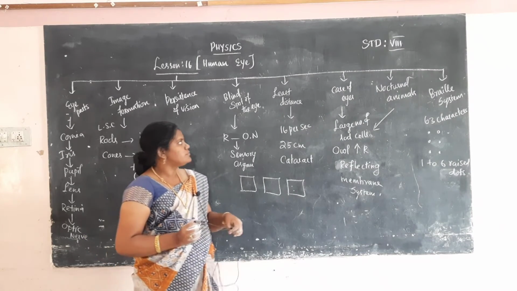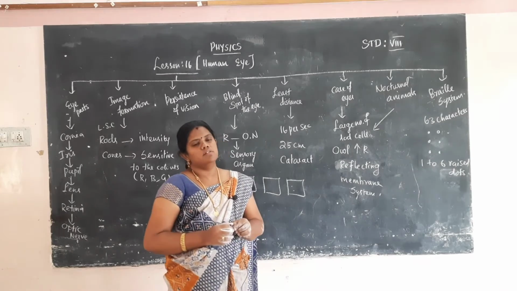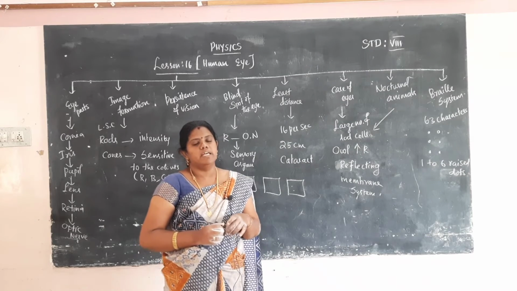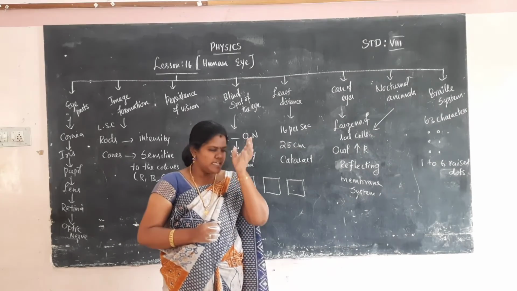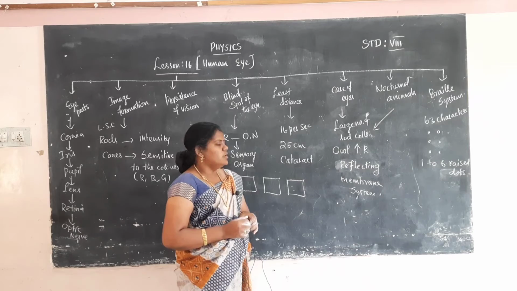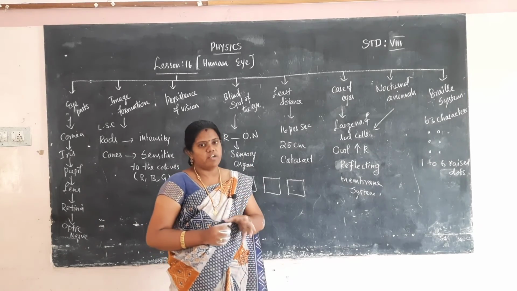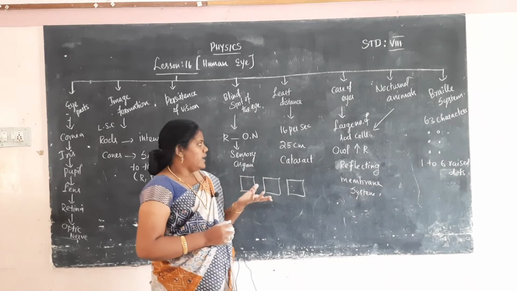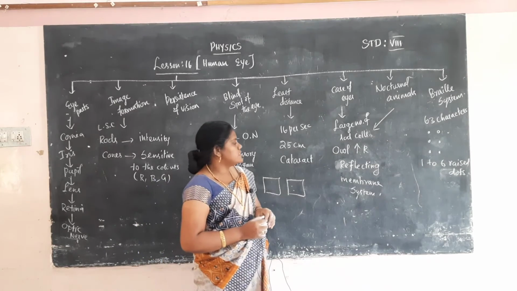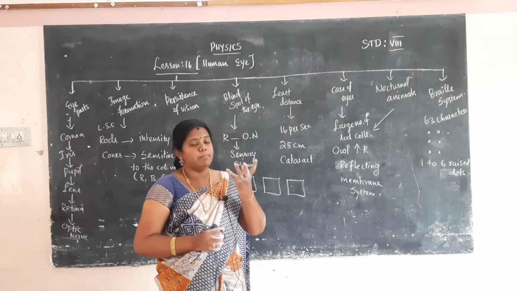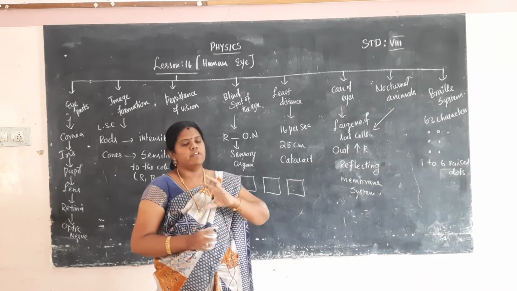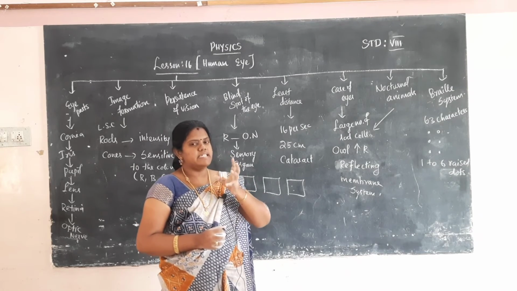Then nocturnal animals. What is the meaning of nocturnal animals? Night living animals. At night time, many animals can easily view objects without light, with dim light. Especially the owl. The owl has a huge retina, so it can easily see objects at night compared to human beings. And some birds or animals have a thick, special reflecting membrane that reflects the light, so they can easily see the objects.